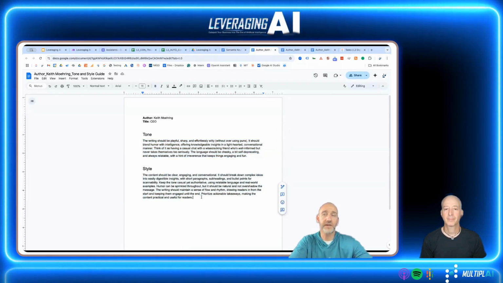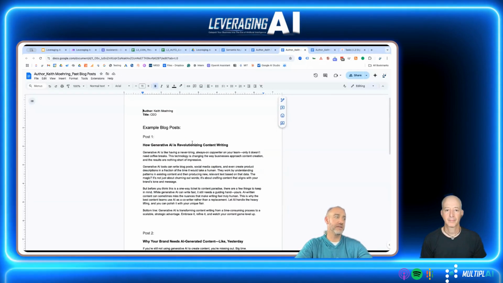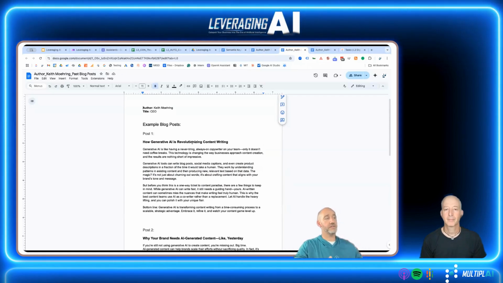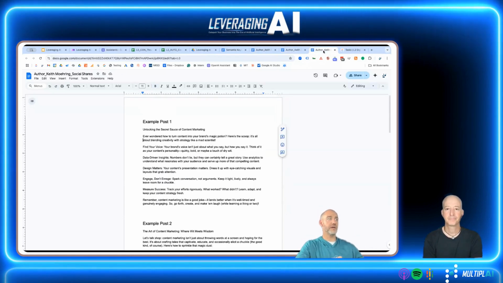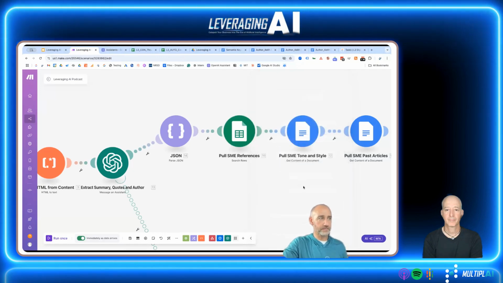Again, it's just a block of text written out, but it accurately describes how I write and the style in which I write. And then I've got a list of, okay, here's some example blog posts I've written on this topic in the past. And again, we've got my style, but it's also got bits of my own expertise baked into it because I wrote these articles. And then the final step is example LinkedIn shares that I've put on about these topics. Again, copied and pasted verbatim, but now the automation has access to all of this information that I can then apply to the next thing that we're going to do, which is to write the article.